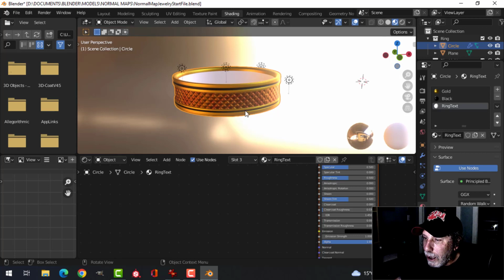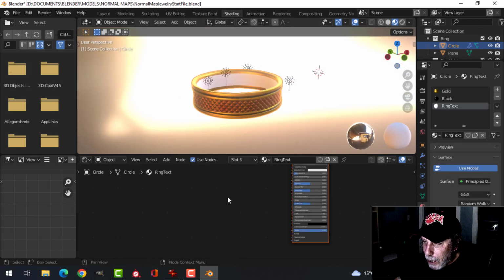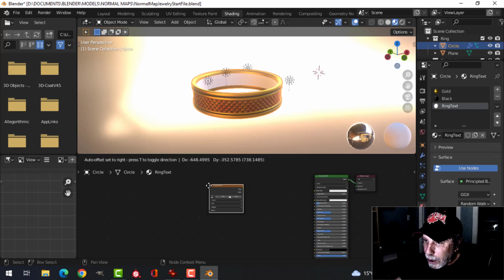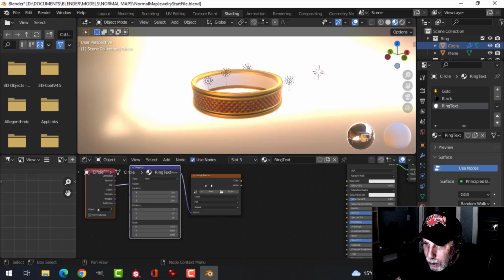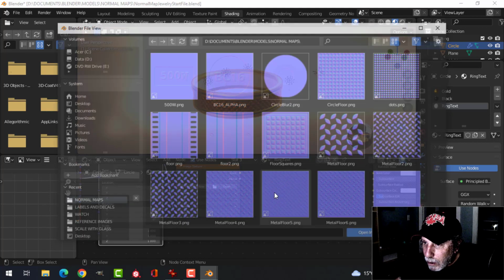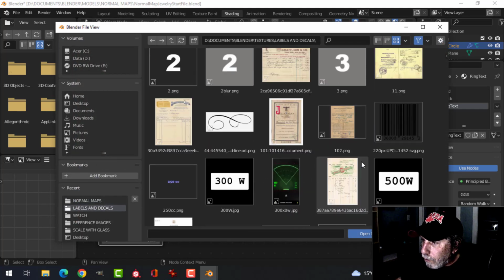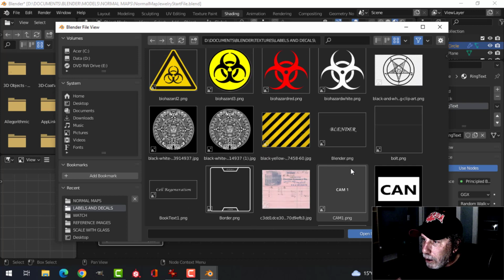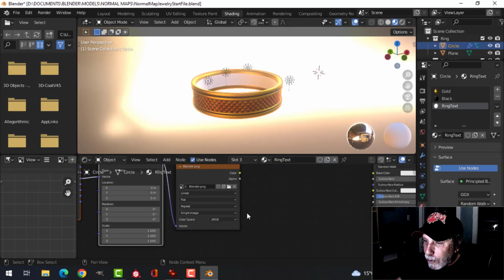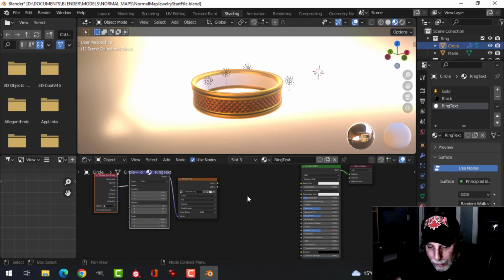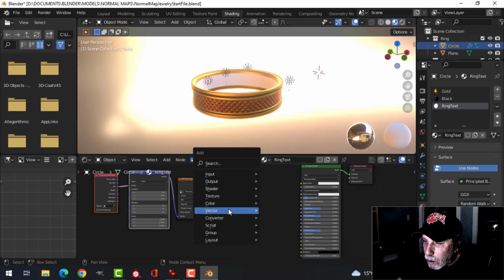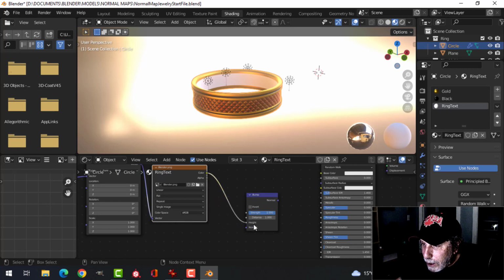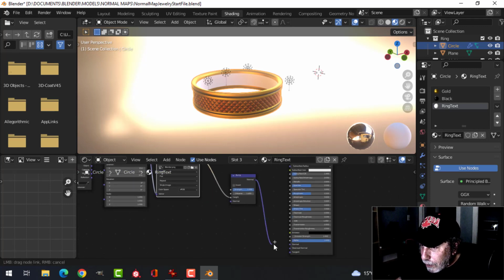Let's go to the shading editor, and we're going to add texture, image texture. Control T, using UV, open an image. So find that image that I gave to you, which says Blender. There it is. All right, so we've got that, and this is going to be a bump. So vector bump,